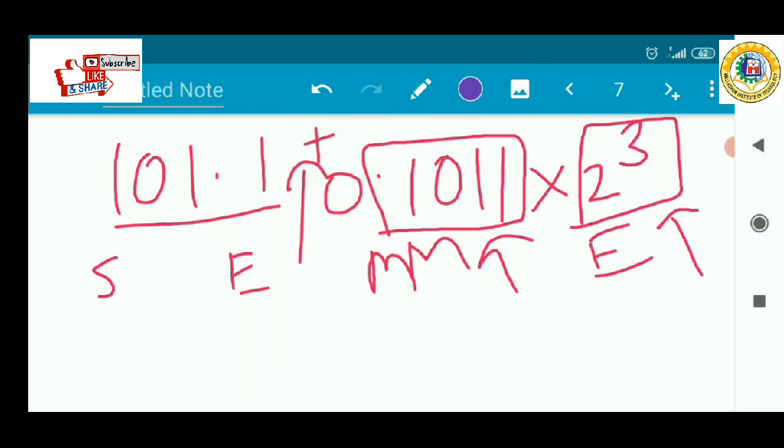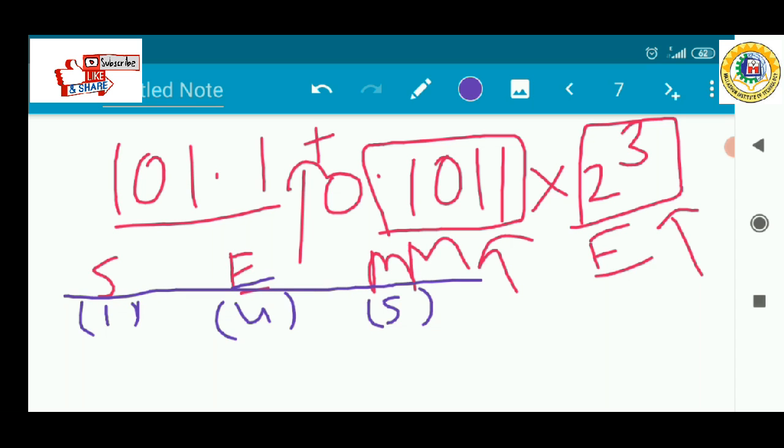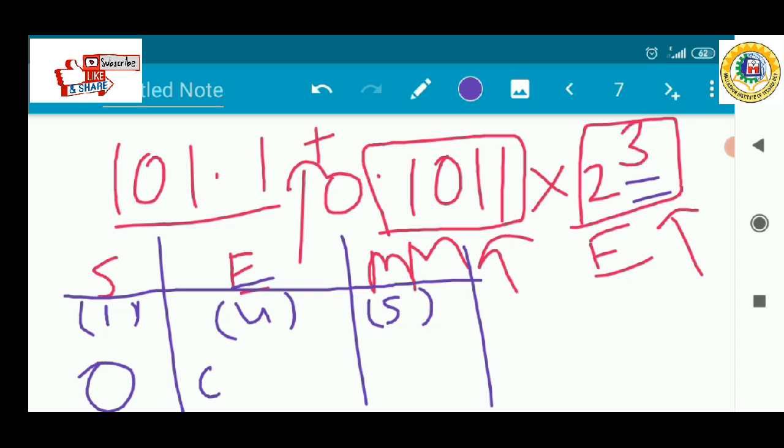So bits are reserved for the sign, the exponent and the mantissa. Suppose 1 bit is reserved for the sign bit, 4 bits are reserved for the exponent, and 5 bits are reserved for the mantissa. In this way it is represented. The number is not directly represented, but it is represented in terms of sign, exponent and mantissa. As the number is positive, the sign bit is 0. In the case of the exponent it is 3, so we can represent the 3 like this way. And for the mantissa, 1011, and you can put zeros